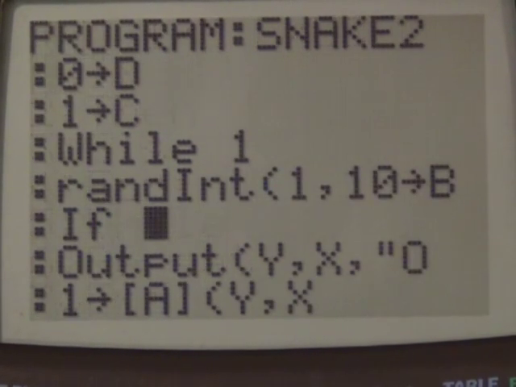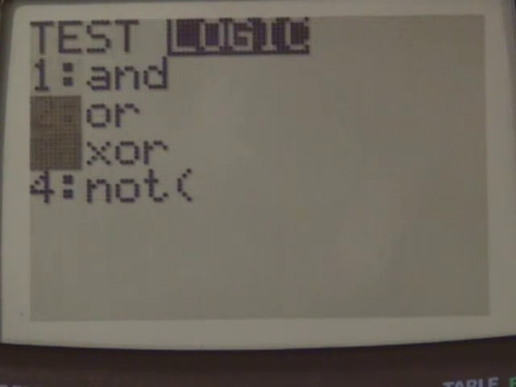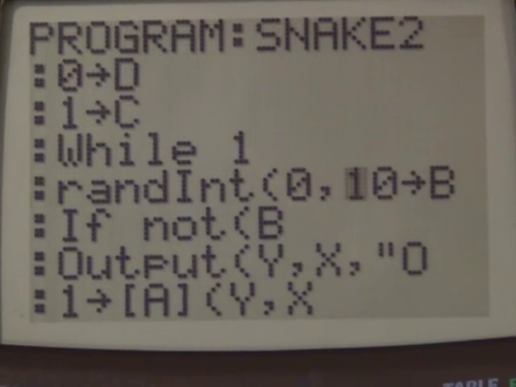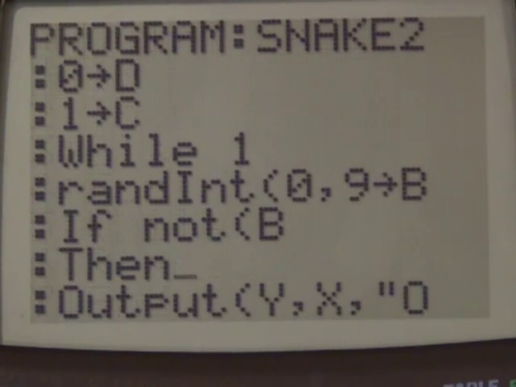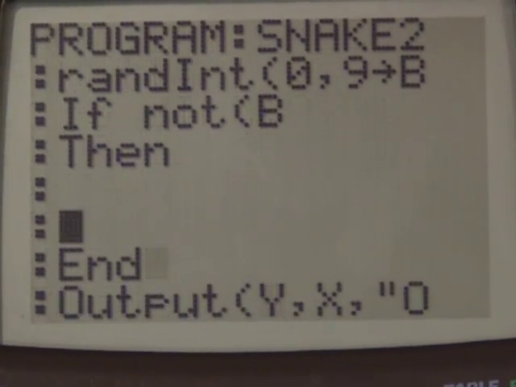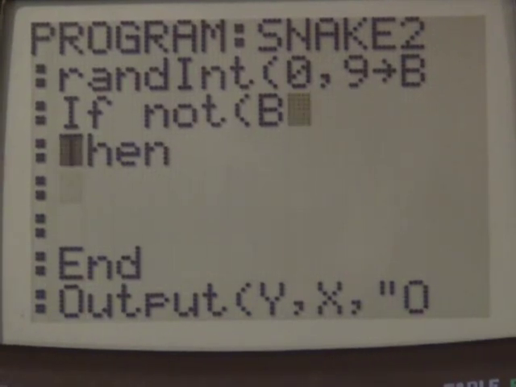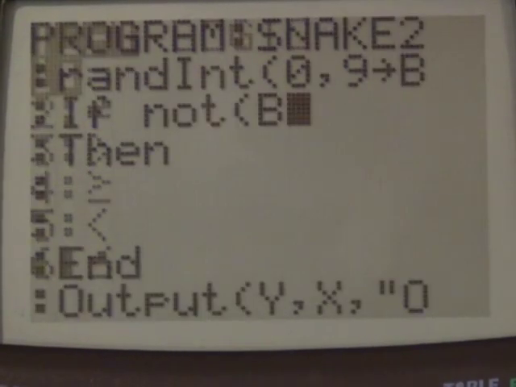And if B, let's use 0 to 10. So if not B, there's a 1 in 10 chance that we're going to do this next couple lines of code. So if there's that nice chance there, okay, and then we say and, or well, no,